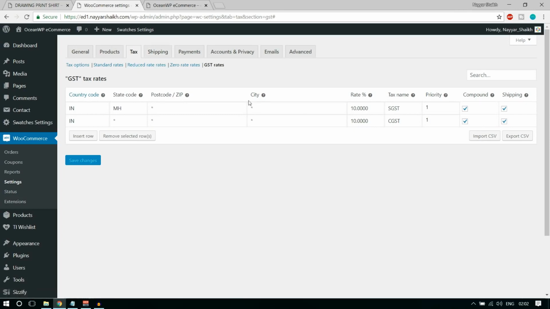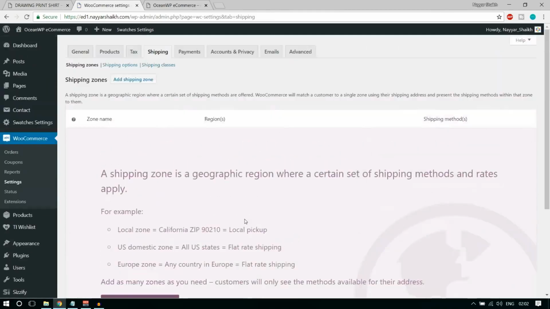Okay, so now let's see shipping rates. Let's click on shipping. Okay, now first let's understand one thing. Shipping cost will depend on different factors. For example, if the person is purchasing from the same city, obviously the shipping rate will be quite low